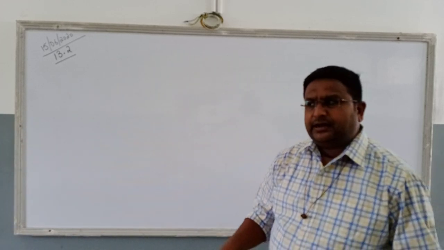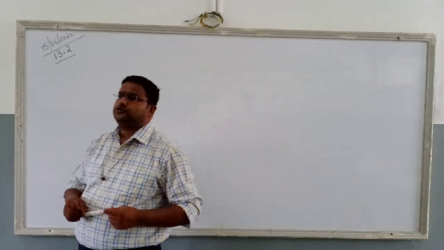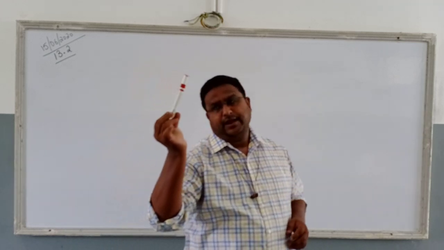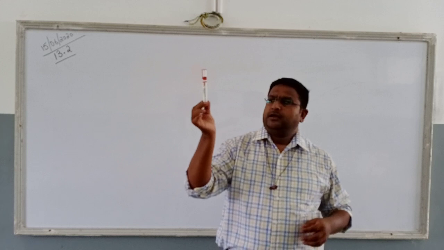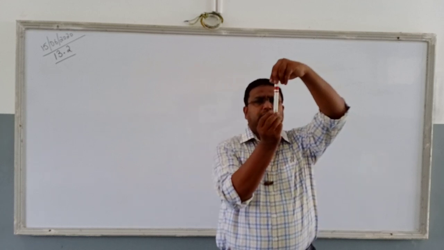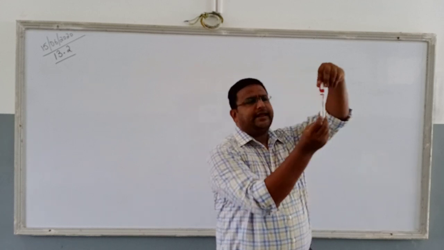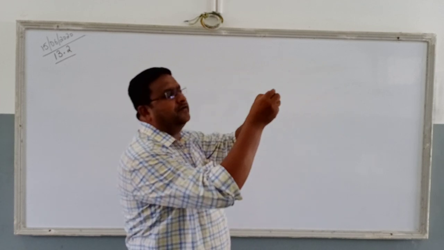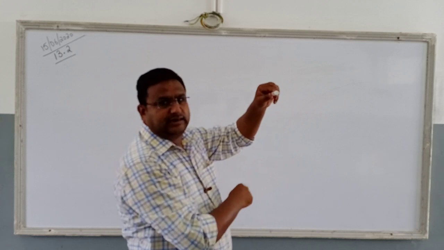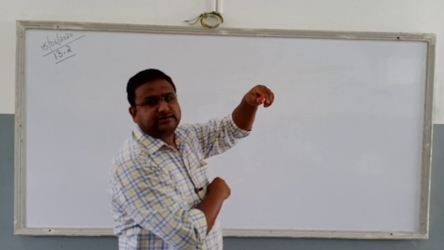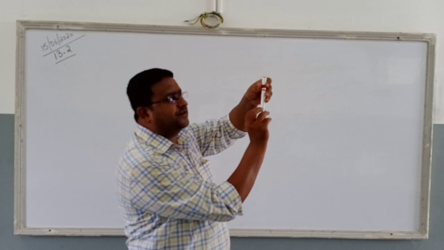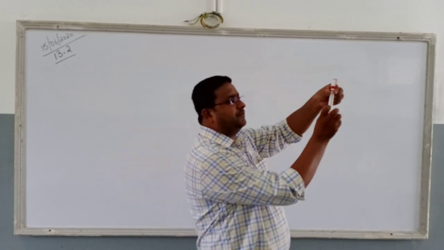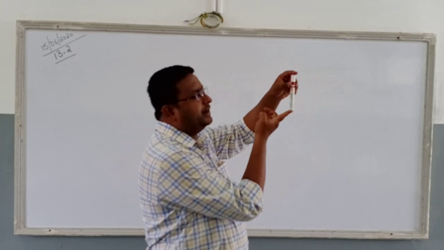Cylinder, when I gave you the formula, that time also I told you the best example of cylinder is the marker in my hand. It is cylindrical in shape. This portion that you can see right now, in which the marking is made, that is your curved surface area. And when we talk about this face, this is a circle, another face is again a circle, so two circles are there. Curved surface area, only this portion is included, whereas when we talk about total surface area, it will be curved surface area plus the area of two circles.